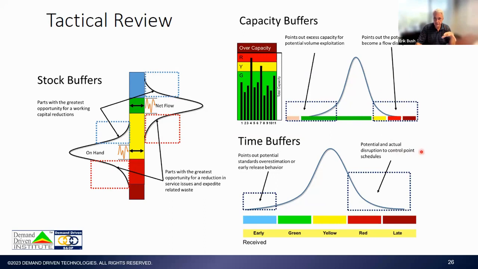And then time buffers are really there to help us manage the fact that variation will occur. And if we're trying to make our promise dates, the more we're able to appropriately utilize protective time buffers within our routings, then we improve our ability to hit our promise dates and improve those achievement rates. Those give us more agility because now we are not caught in a real problem where we've got to shut down or change the whole schedule or whatever. We are now able to hit the marks that we're trying to in terms of our due date performance and factors like that.